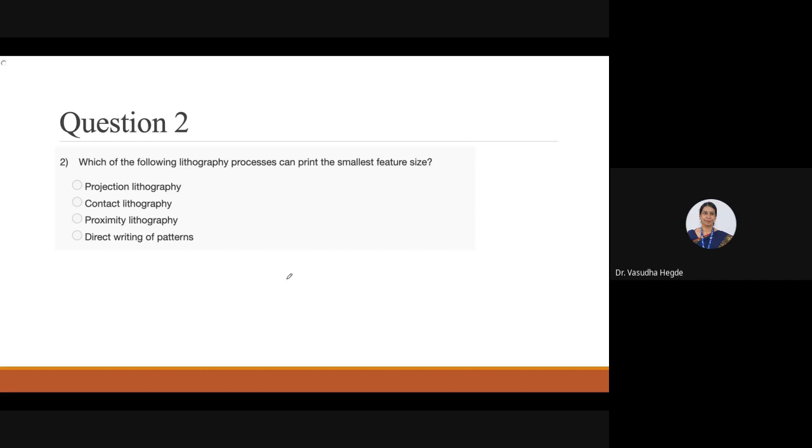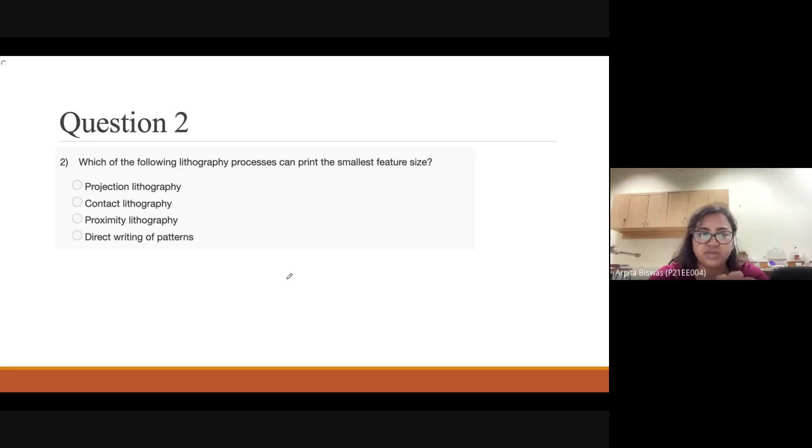Actually, in the next class, I will put some figures of the contact, projection, and proximity. If you can see the picture, there is a direct contact between the mask and the layer where I have to do the lithography, and this is the mask, right? And there is almost